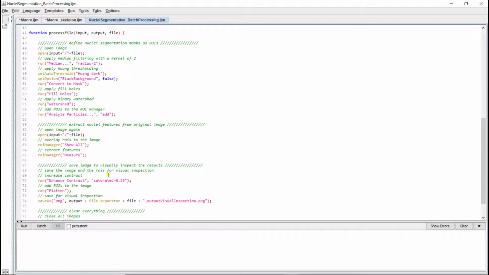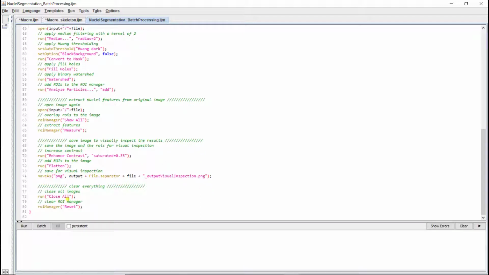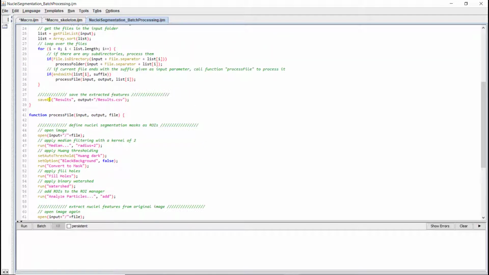And so that's for the measurement. Then I just enhance the contrast and flatten so I can visually inspect my results. I do all the measurements and everything, and at the end I save the results. So if I run this,